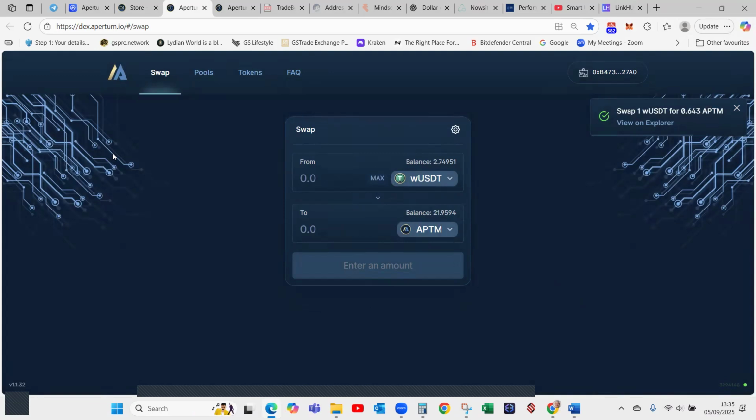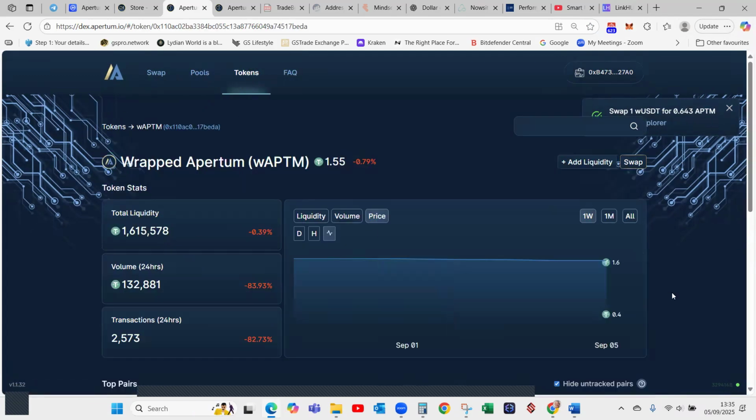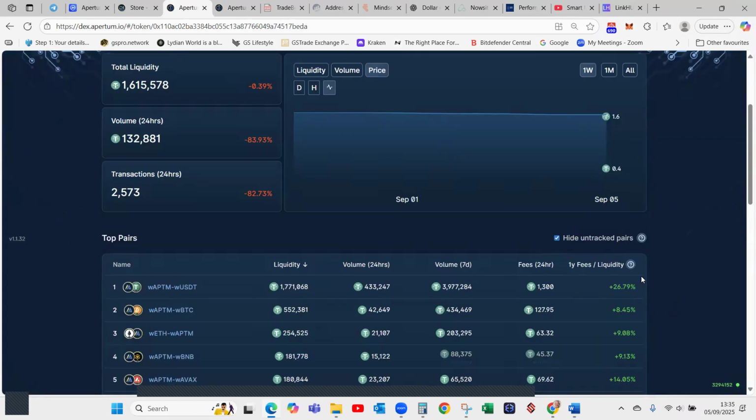Now something which is super cool is called pools. Very, very powerful. First of all, I want to show you the Apertum token and the pool, and what interest rate we're getting at the moment. We're looking at 26% per annum, because in a liquidity pool you share in the fees that get shared to the people who put money into the pool. How cool would it be to get 26% per annum on your money? And you can take the money out at any time and you just grow it.